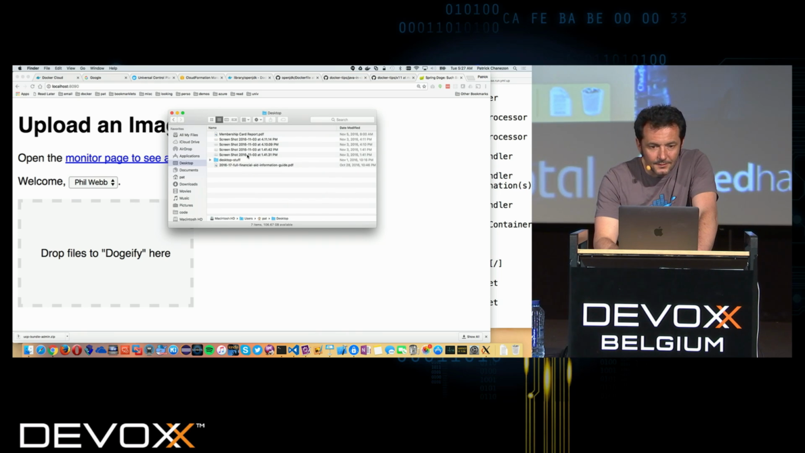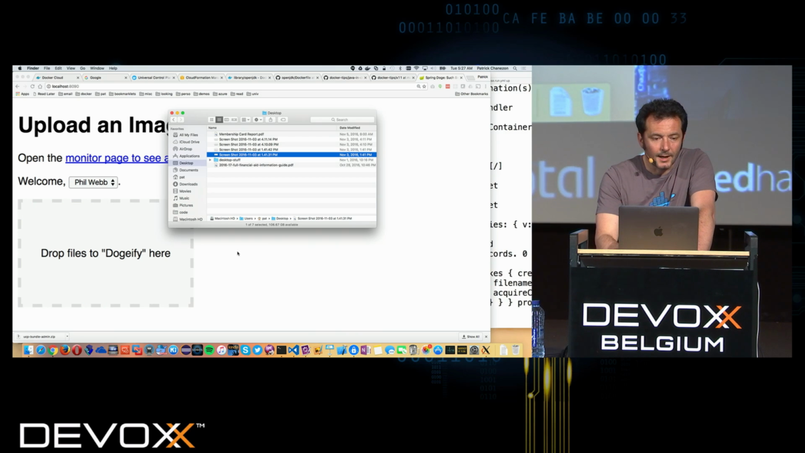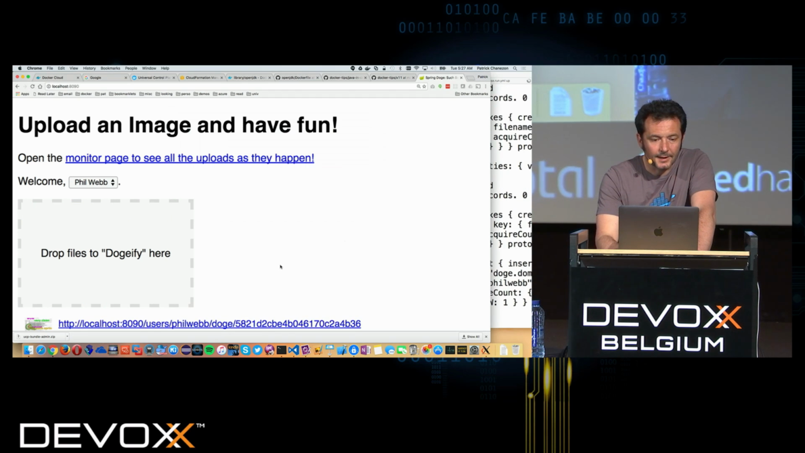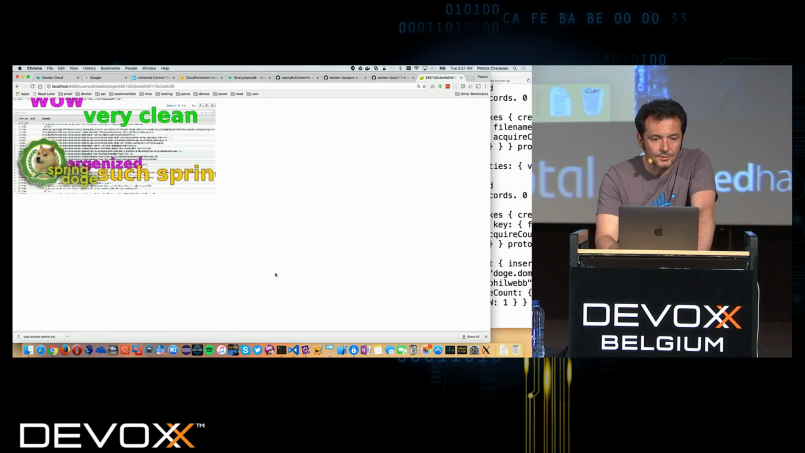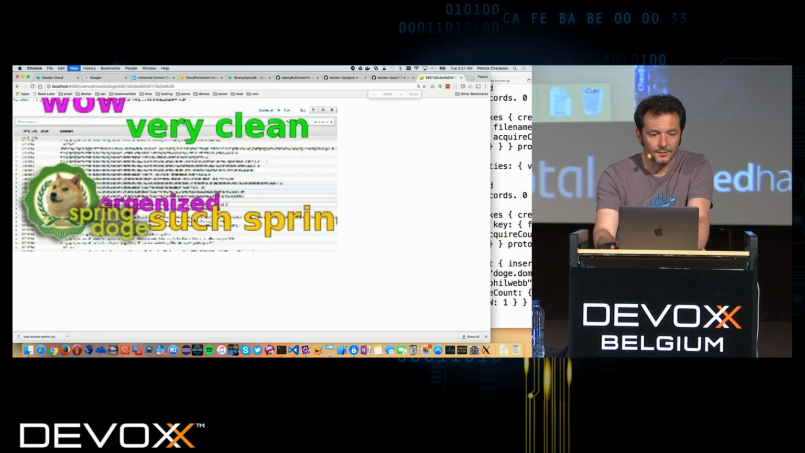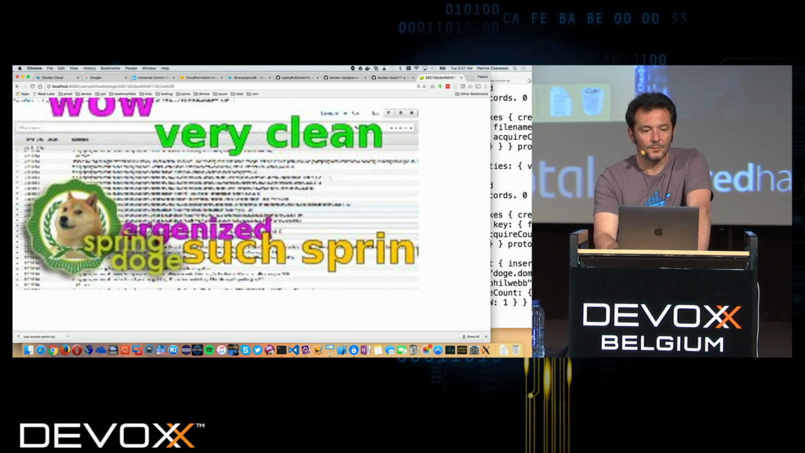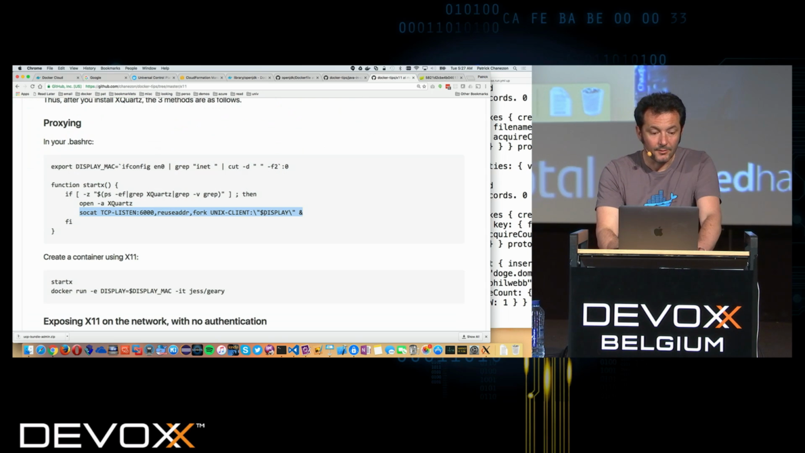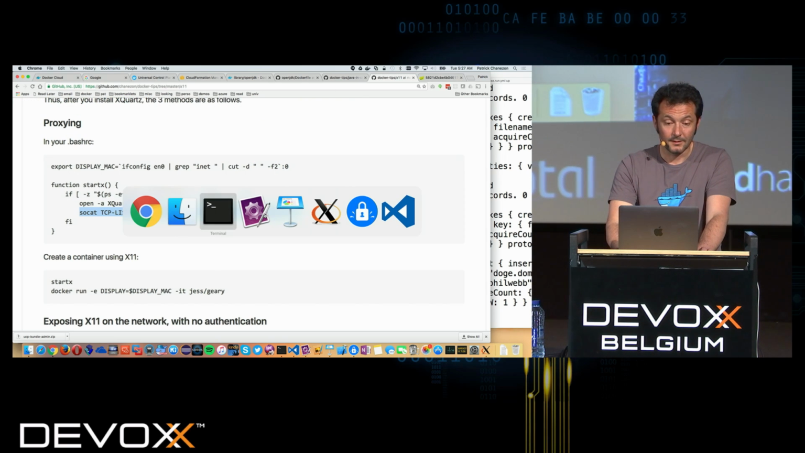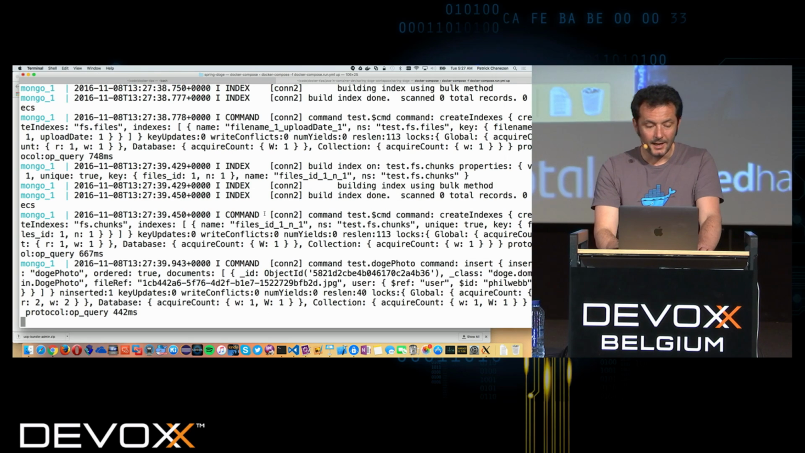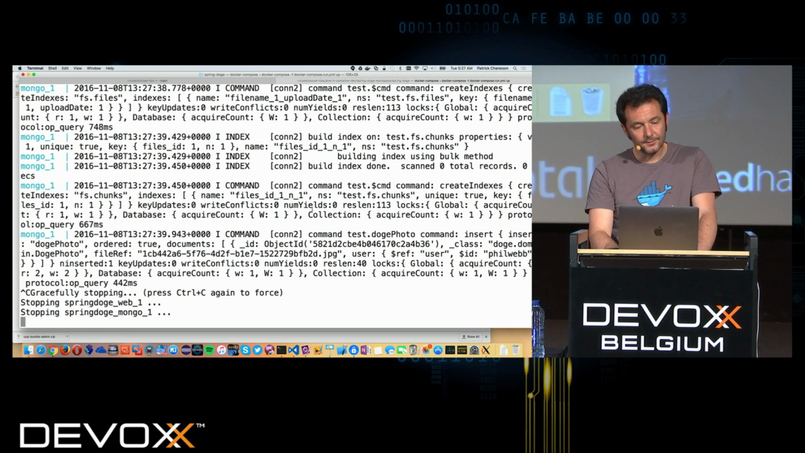I don't know, have a screenshot. So I paste an image to Dogify, and it just adds a bunch of gobbledygook on top of it. So that works. Now I want to run that on a cluster, and to show you the kind of integrated